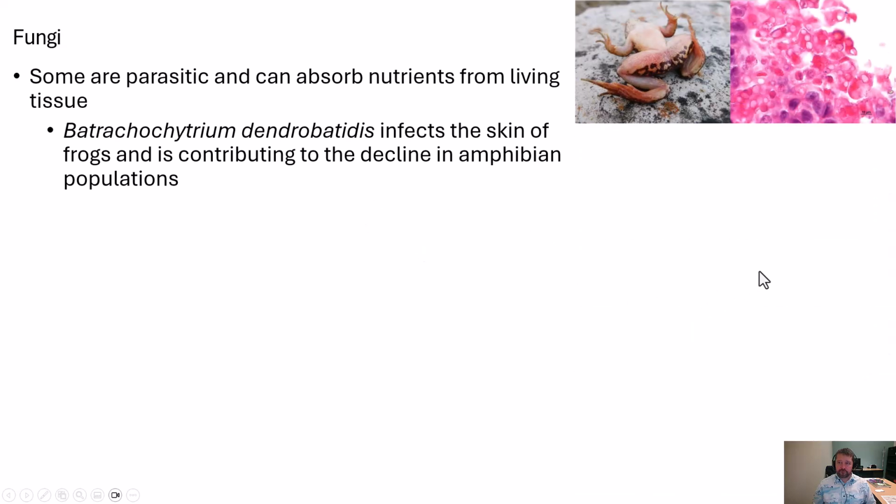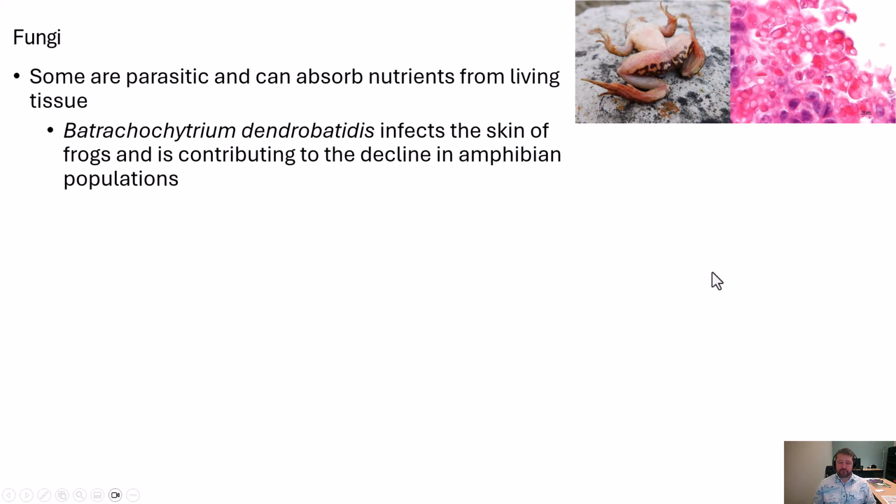This is a fungus that destroys the capillary beds in frogs' skin, and typically gives frogs this red color in their legs,